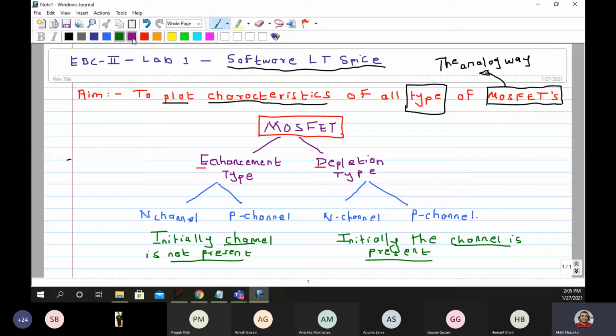Now, when we say the channel is initially not present, we are referring to very low conductivity, or probably even zero conductivity. And when we say the channel is present, we are referring to very high conductivity.